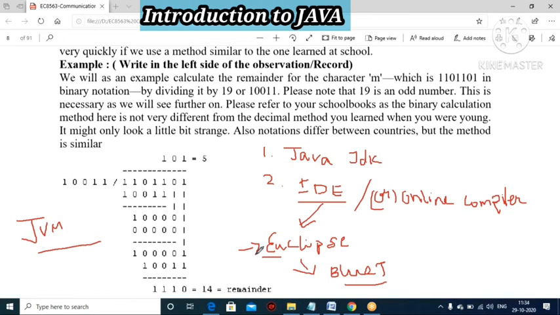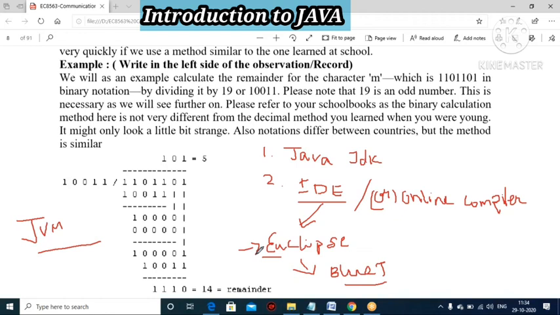Next one is the loader. Loader means, suppose you have written your program on your hard disk, a pen drive, or any external device. The main thing is the execution in your RAM, and that is done by the loader. The final part is execution.